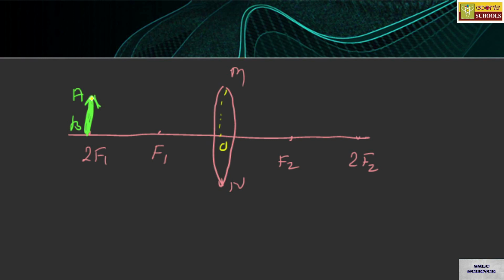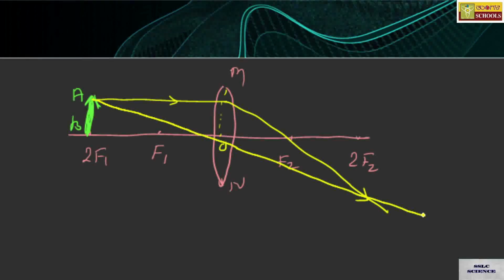When you pass the ray of light, just mark O. The ray of light passing through this will go through F2. On the other hand, when you pass the light through the optic center O, it will cut somewhere here, so you will have the image at this point, that is B dash. If you look at it, the size remains the same. I'm just drawing roughly. Please follow all these rules, and by that one can get things right.